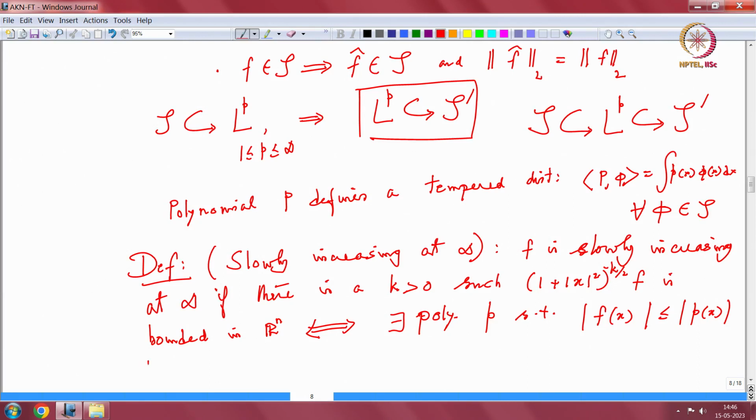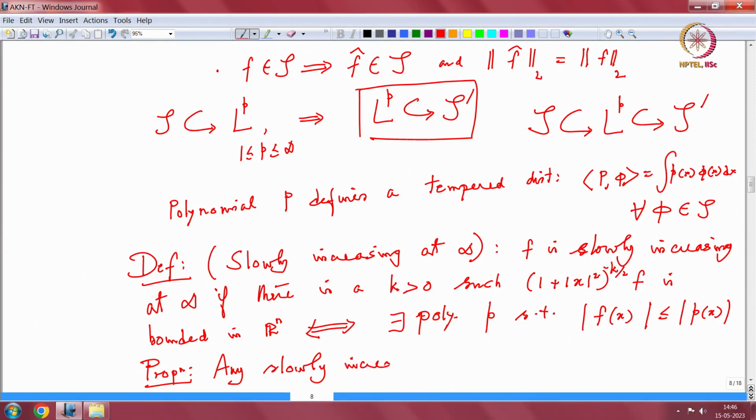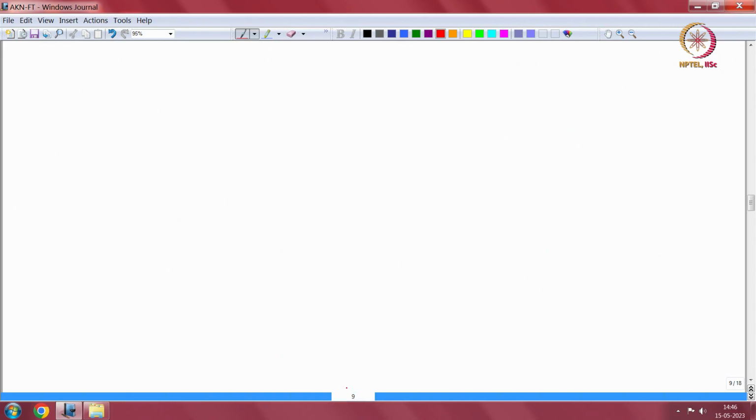So, the simple proposition is: immediately any slowly increasing function is tempered, because it is slower than a polynomial and polynomials are tempered distributions. That is trivial, because already we defined it as less than a polynomial. So, you have now all slowly increasing functions. In fact,